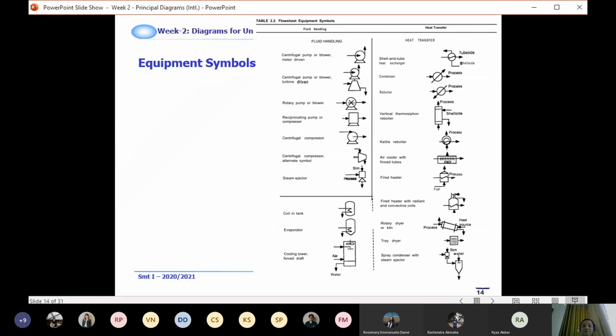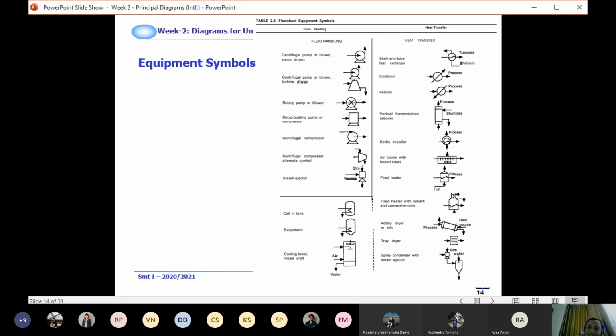And then the question is, do you have MS Visio? I don't, sir. You don't have it? Okay, this is also important software for chemical engineering to make the PFD. My strong suggestion is that you install MS Visio.